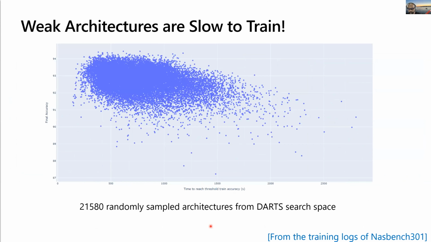Oh, yeah, and thanks to the hard work of the NATS-Bench 301 authors, yesterday in 25 minutes I was able to download all the training logs and plot this same phenomenon, where the x-axis is time to reach 60% accuracy. This is CIFAR-10, and the y-axis is the final test accuracy it would reach if you were to do full training on it. You see a similar phenomenon: a vast number of weak architectures take either much longer, and obviously they do, or if they train fast, they don't achieve very good final performance. And this space is again relatively empty.